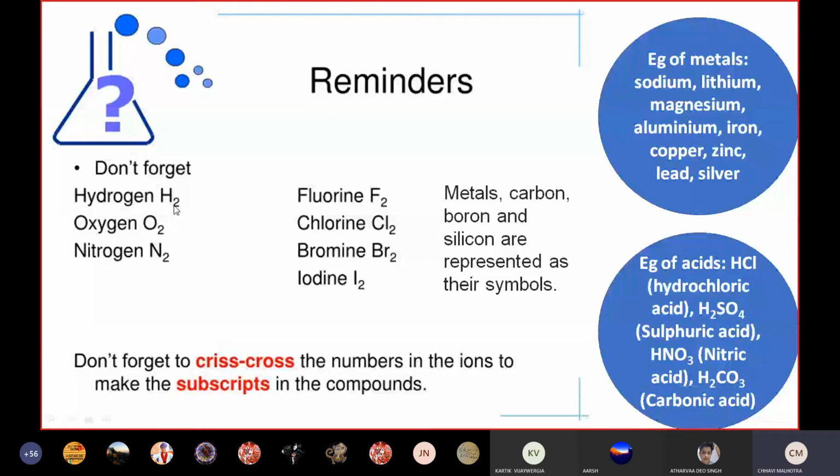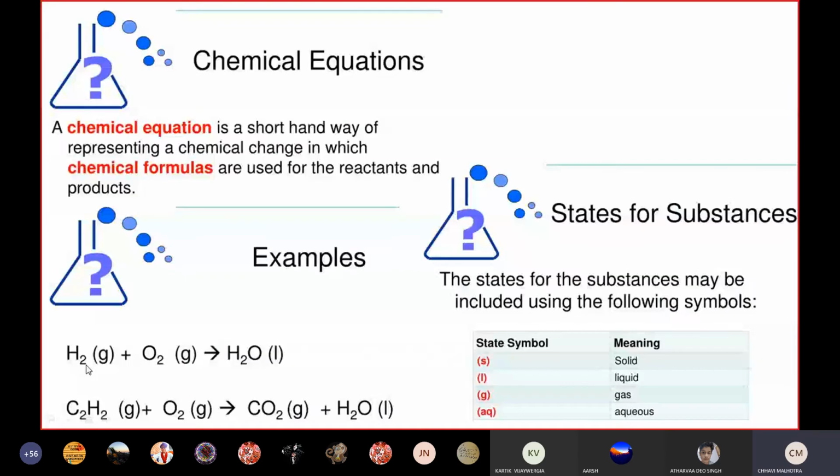Atoms, I told you in the beginning when I started with atoms that they do not exist independently. They combine with other atoms to exist in nature. So whenever you have to write hydrogen in a chemical equation, it will always be written as H2, because a single H atom does not exist in nature. You will nowhere see it written as only H. Hydrogen is always represented as H2 in a chemical equation.